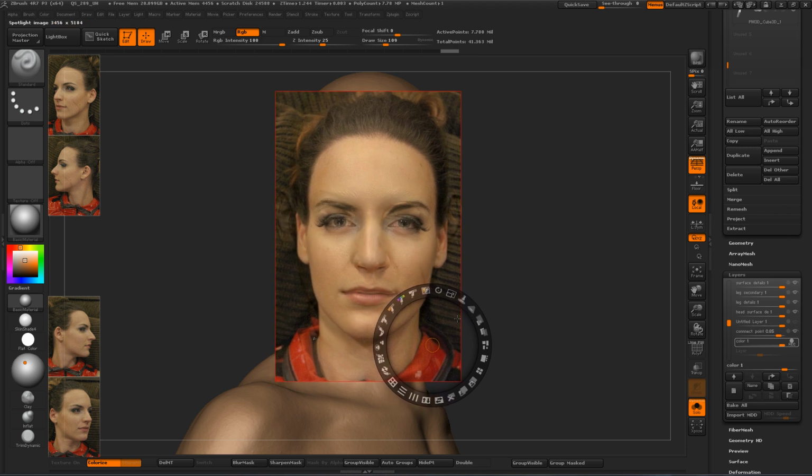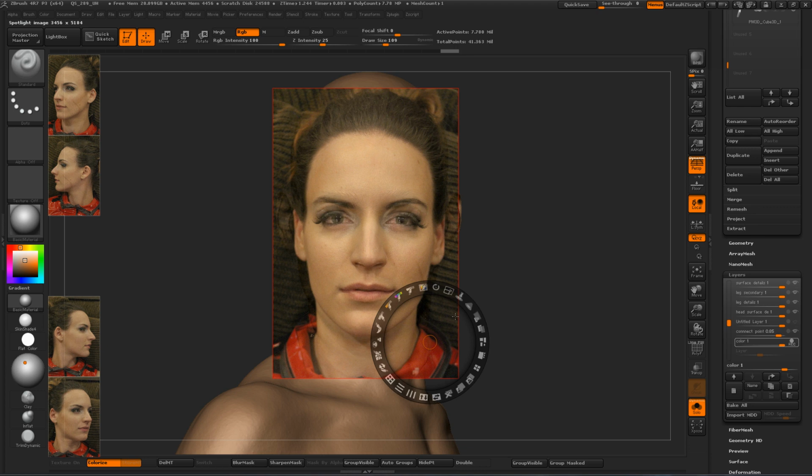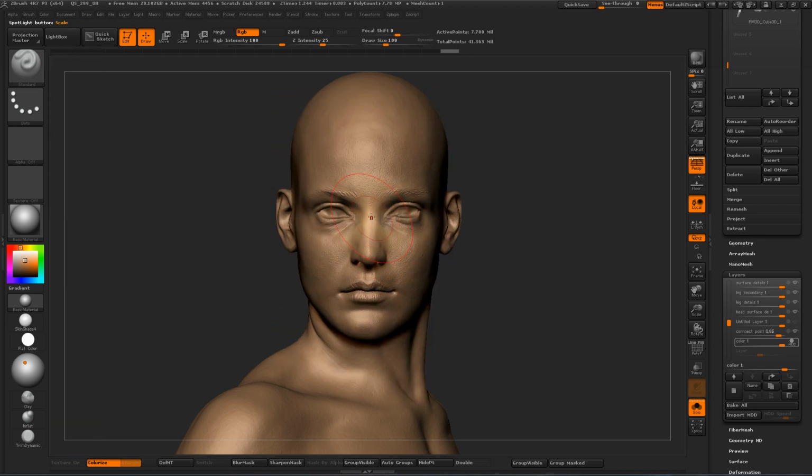Alright, so again, nose. That's where we want the nose, right? So hit Z again and start doing poly paint. So when I, oops,